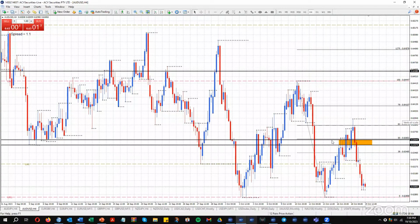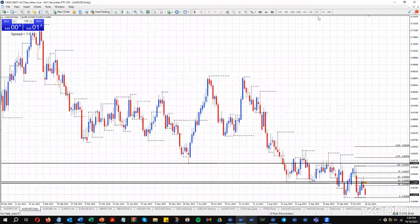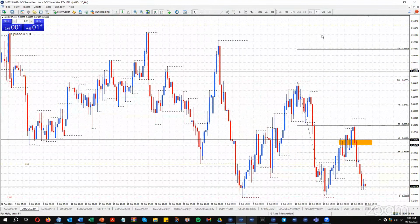Now, there's an area in here, which is these weekly lows. So the weekly trend's down, and on the day chart, it's this area here, 63.57. If we can rally, that will be the area to watch for. That's the best area to watch at the moment for a selling opportunity, but we may have already missed that area this week now. So the 4 hour chart,